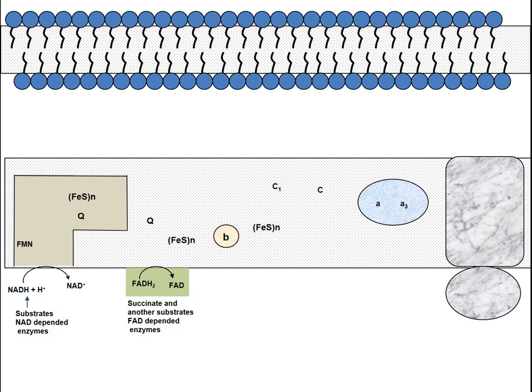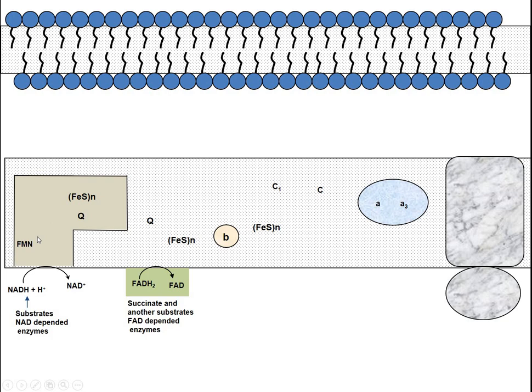Reduced coenzymes enter protons into the respiratory chain. So, some substrate is oxidized by an NAD-dependent enzyme. As a result, reduced NADH will form. It sends two protons and two electrons to the first respiratory complex